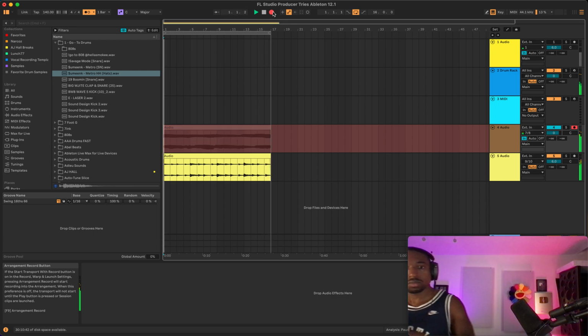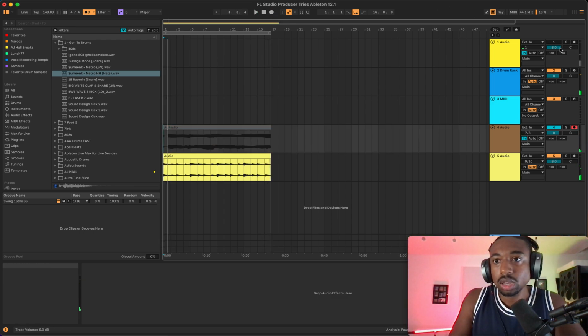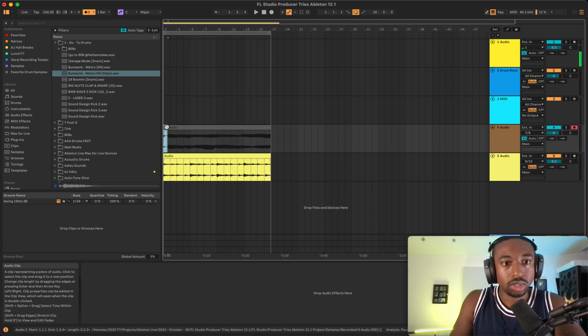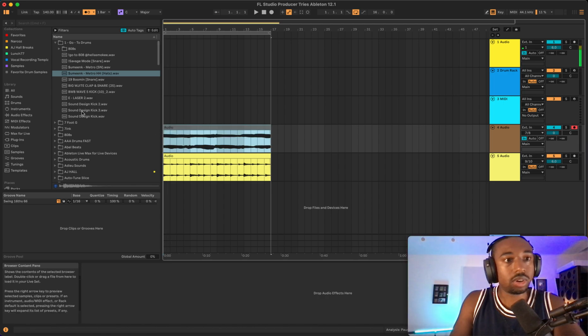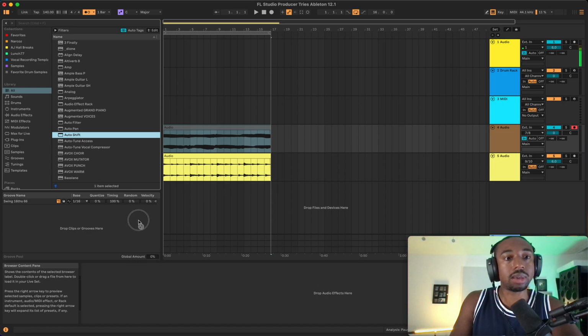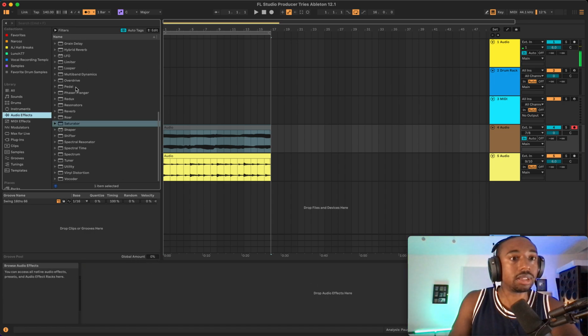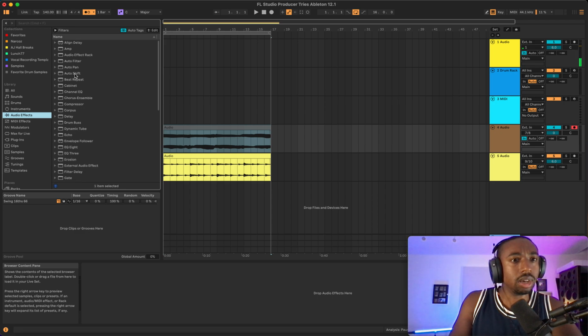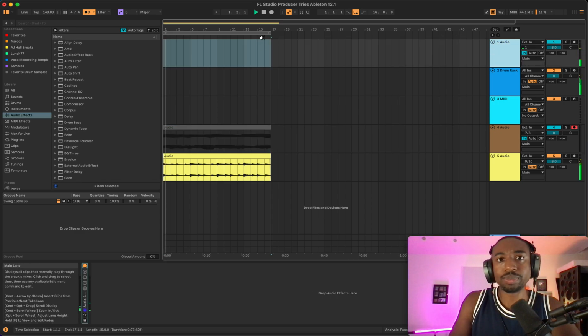Now they also have auto-tune called auto shift, I believe it's called. So again, you have to go to all and then go to auto shift. That's where I found it. So if you guys are having a hard time finding it, that's how I found it. I didn't find it in the audio effects right away. It didn't pop up in the list.